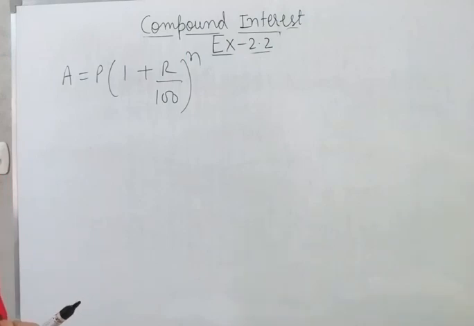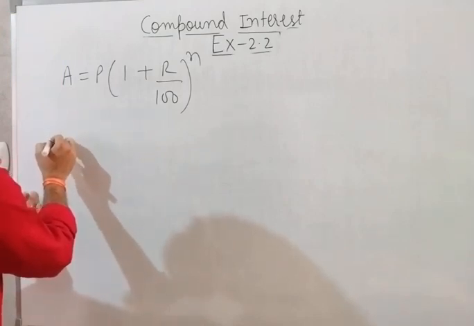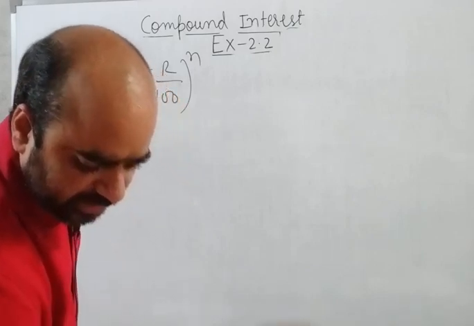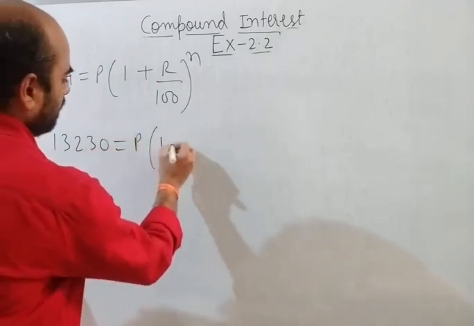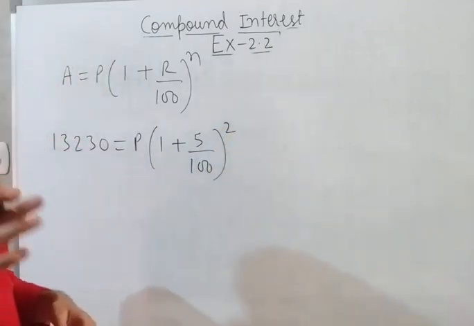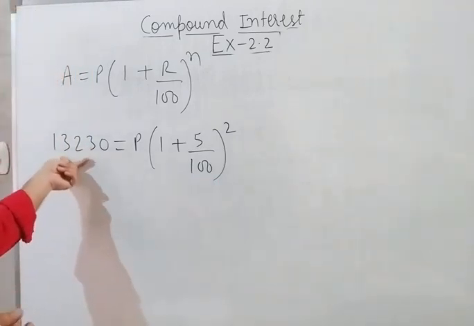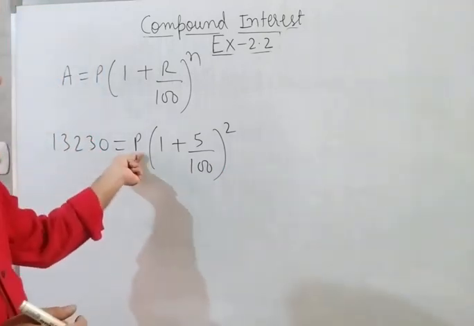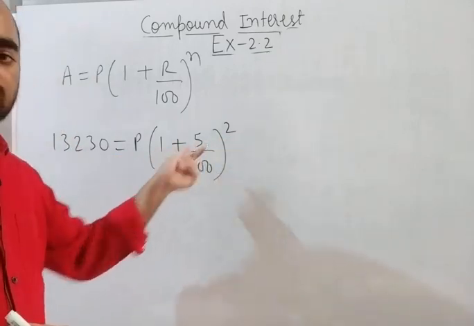Okay. So interest is compounded half yearly, so rate of interest is 5%. Amount is given 13, or we can take this amount 13230. Why we are taking that? 13230 principal 1 plus 5 by 100 and time is 2. We are taking that amount which is the amount in 1 year. So in 1 year means in 2 half years. Amount in 1 year or amount after 2 half years is 13230. This will become original principal, number of conversion periods 2 by 2 half years, rate of interest for each half year. So that will come.